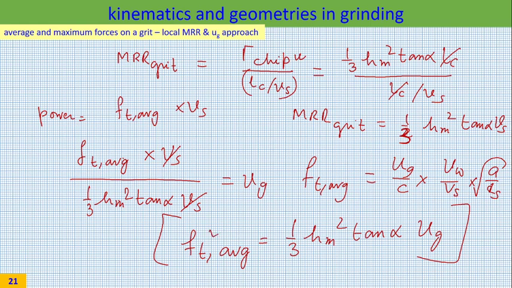When you are using these expressions, I am very much against using them. I would rather solve the problem numerically one by one. When you use this expression, be very cautious about units, because till now we have used this as joule per millimeter cube. This is mostly expressed in micron, and you are trying to find out FT average, which is in Newton. It is rather difficult for students to use this kind of mixed unit approach. Put it in SI unit, or here also put it in SI unit and then calculate. But as such, I am against using this formula.